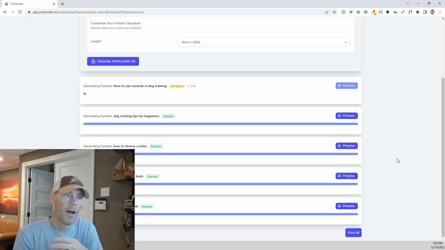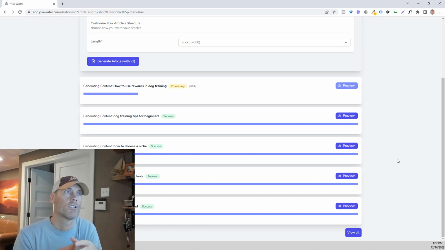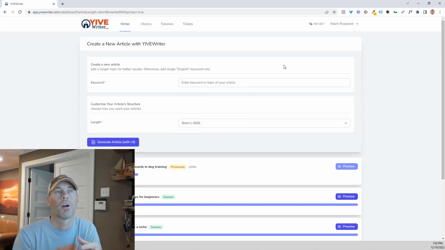It is not perfect. If you use any other thing like Jarvis, if you use Article Forge, Content at Scale, any of the article writing softwares that I've reviewed, I'll tell you again, none of them are perfect. Each of them have kind of their own hiccups. But again, this is a great one to just put in a keyword and then have some content generated super quickly. And again, depending on how many credits you purchase, it'll give you a great starter plan to work with for creating content on a daily or weekly basis to fill up your blog, your website,